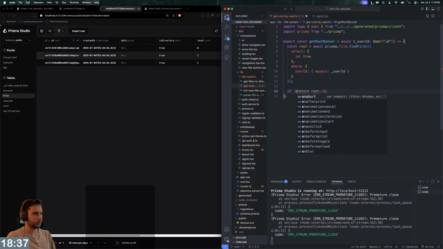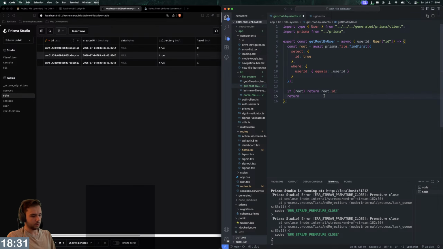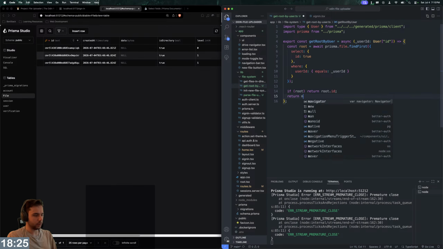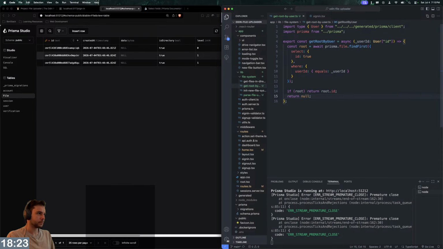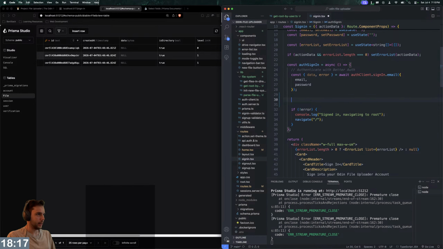Or if root, otherwise return null or something. So what we'll do is we'll say, again, I don't know if I can do this inside of here, but we'll find out. Const root ID is equal to